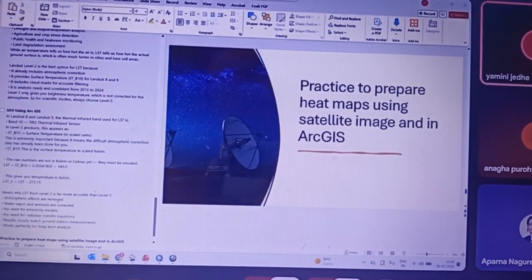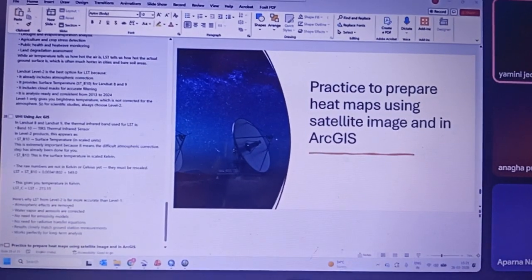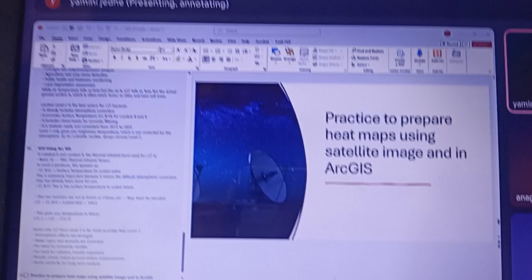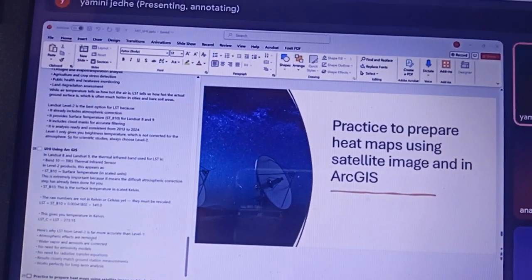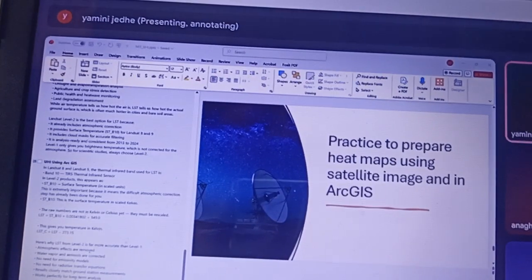So not only is mitigation important, but we can also identify those microclimates as well. The microclimate and the mitigation of microclimate has to be done, and for that, heat maps can be generated over a period of time using the same process.